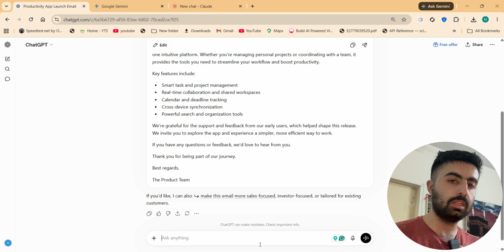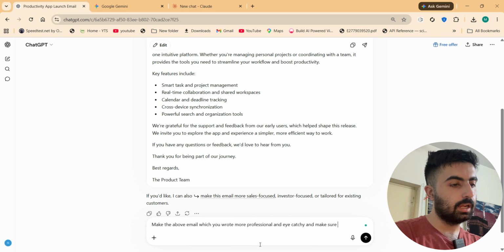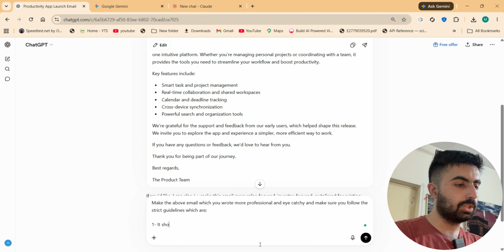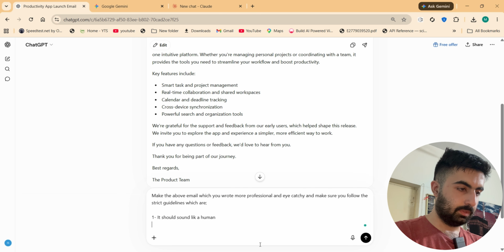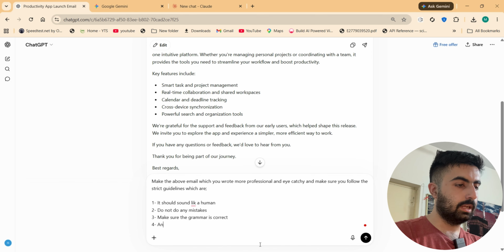Now here comes the technique of refining your task more clearly to the AI assistant so that it can give you better and more accurate results. For example, I can say: make the above email which you wrote more professional and eye-catching, and make sure you follow the strict guidelines, which are: it should sound like a human, do not make any mistakes, make sure the grammar is correct,